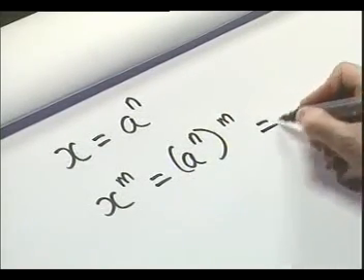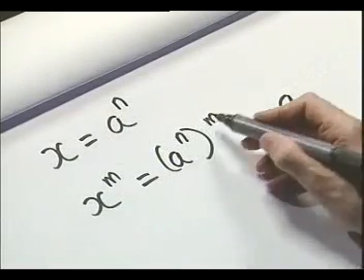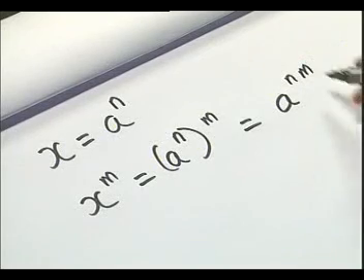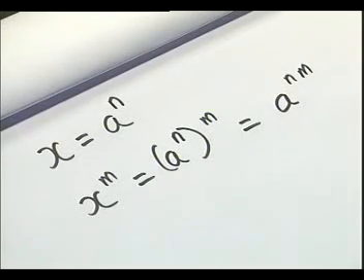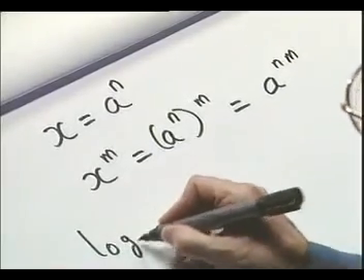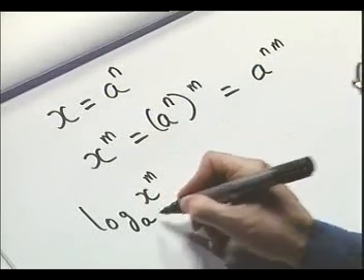And by our laws of indices, we know that in order to do that, we multiply the n and the m together, giving us nm as the power of a. So what's the logarithm here? The log of x to the power m to the base a